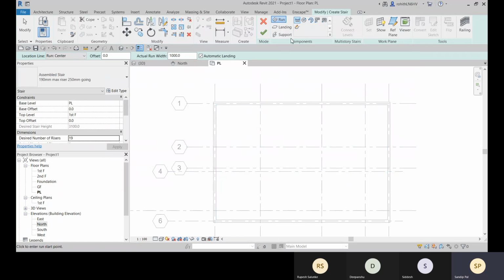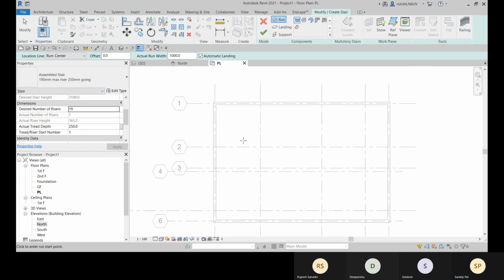Okay. Now we can place this straight one with this run. And now you see this is the actual width, run width, and the run is set to center the location line, run center. And here the tread or riser start number is 1.